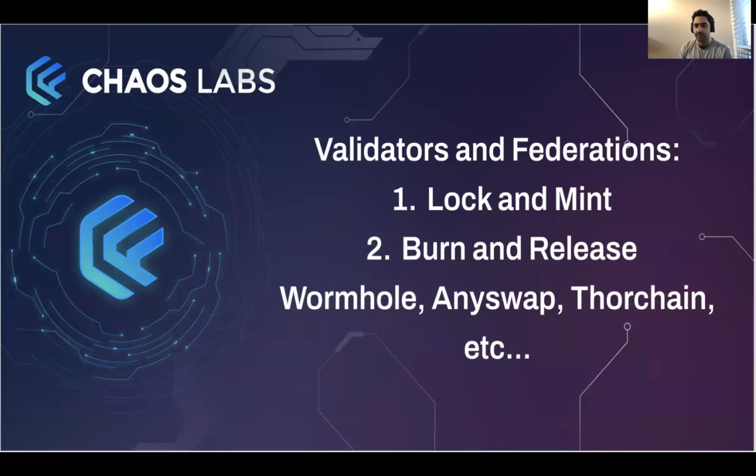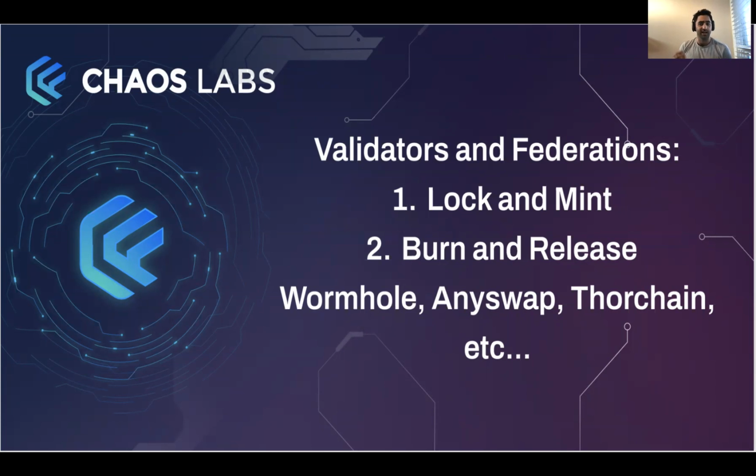So let's dive deeper. Validators and federations. This is the Wormhole model or any of the larger bridges that you're likely familiar with. And the flow is simple. You start off at the source bridge, you lock and mint your tokens. So let's say we're bridging Solana and Ethereum. Let's say we want to port our Ethereum over to Solana. So we go to some smart contract, which we'll call the client on the source. We'll lock our Ethereum. Some kind of relayer or some type of external actor will dispatch that message on the destination chain. It will be received.